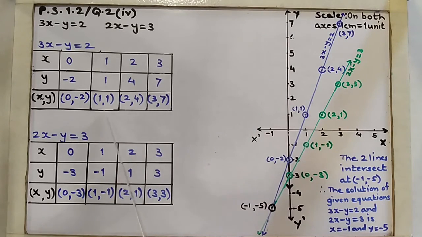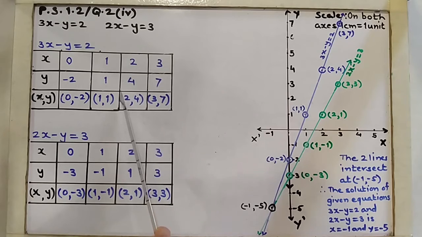Second point is 1 comma 1. X coordinate is 1 and y coordinate is also 1. Which means that the point is going to lie in the first quadrant. As both coordinates are positive, you can see that 1 and 1 are positive. So it is going to lie in the first quadrant and we have plotted the point.